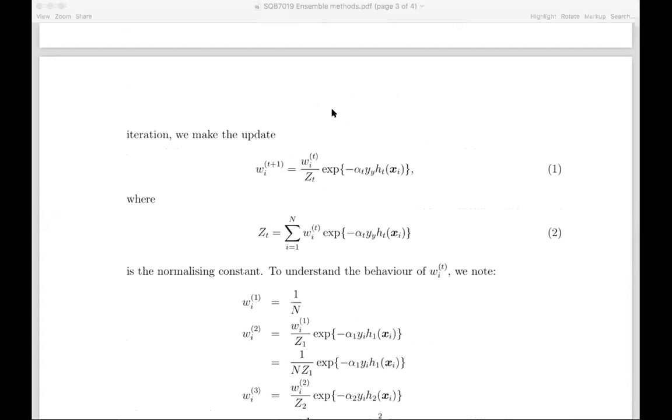Correct classification, so this will be 1, right? So my Zt is equal to 1 minus epsilon t